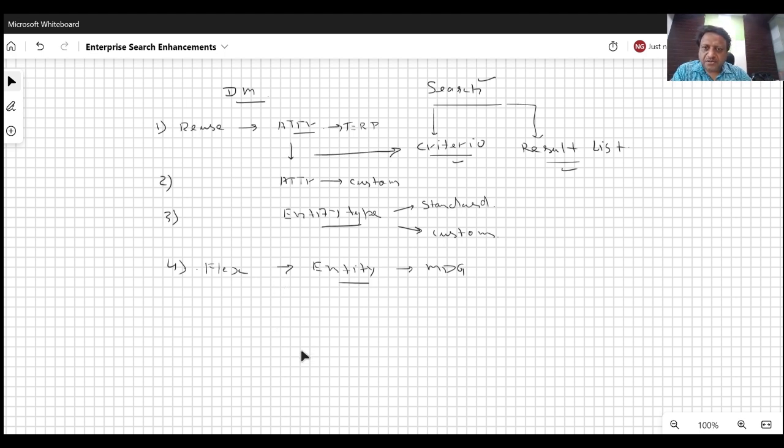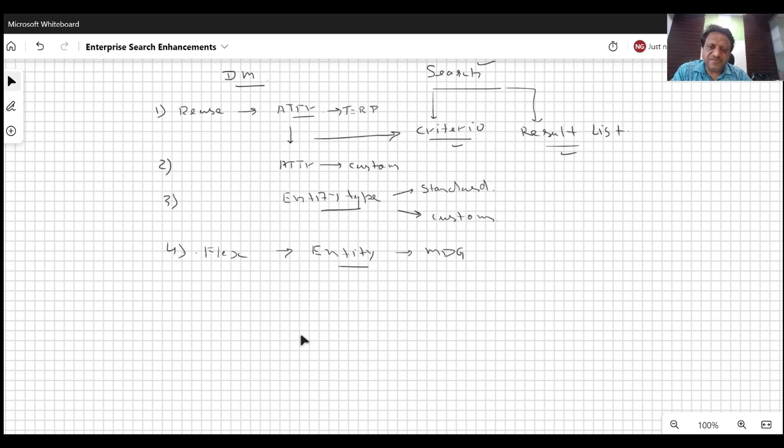Now we know that in a standard MDG, there are standard search connectors. Like for example, in a material domain, we have a search connector called material. So when we have to make a search on a